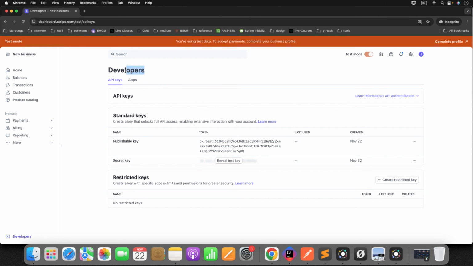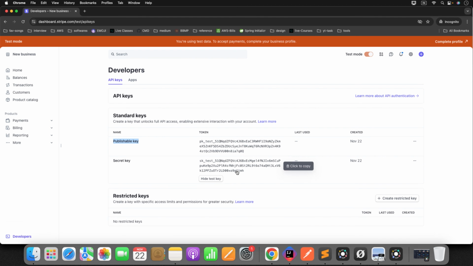Next, it will redirect you to the developers page where you can see your publishable key, and this is the secret key. Just click on this. You can see the secret key which begins with SK, right? So just keep a note of these two keys which you can configure in your code. Also remember, by default test mode is enabled, so you don't need to touch it. Let it be in test mode so that Stripe will give you a test card which you can play with